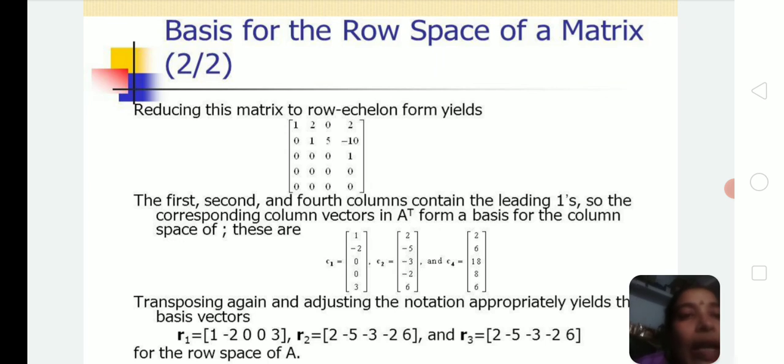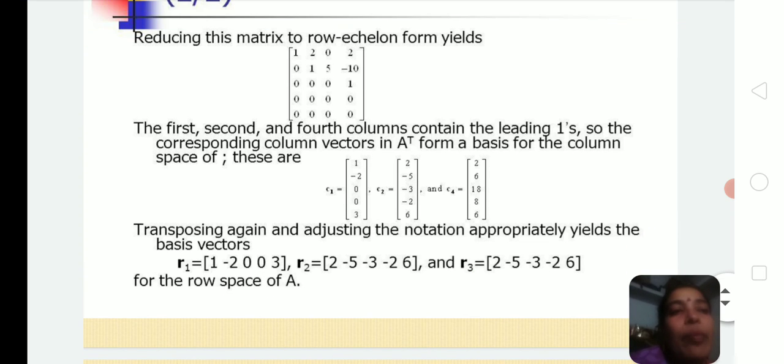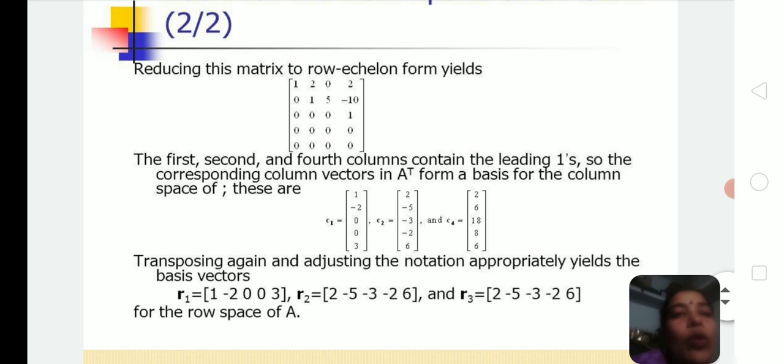Transposing again, and adjusting the notation appropriately, yields R1 = 1 -2 0 0 3, R2 = 2 -5 -3 -2 6, and R3 = 2 6 18 8 6 for the row space of